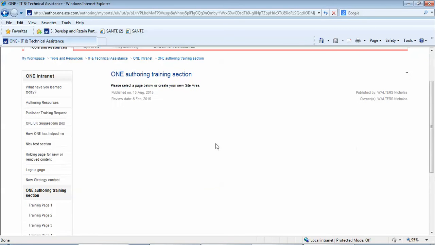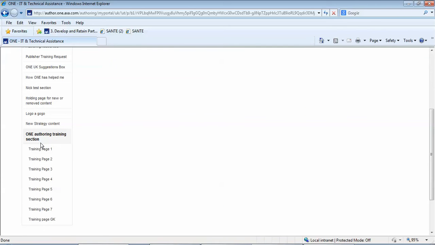Now within here, I would have created for you in advance a child, so that you can see that these children pages here, training pages 1 through to 7, there will be an additional one with your initials or your name in it. And I'd like you to click into it. And when you do,